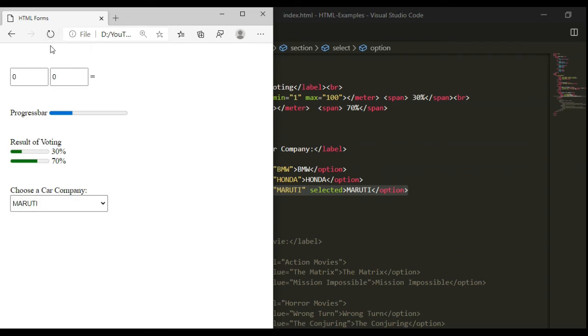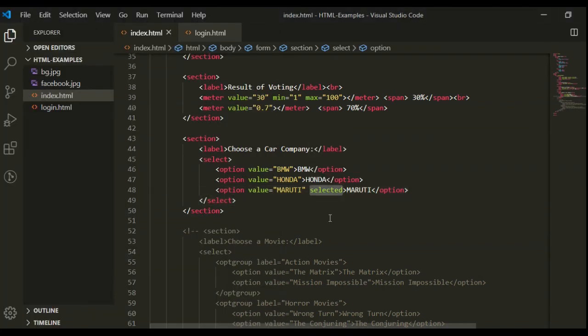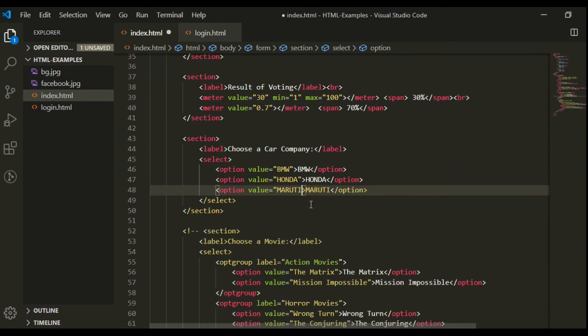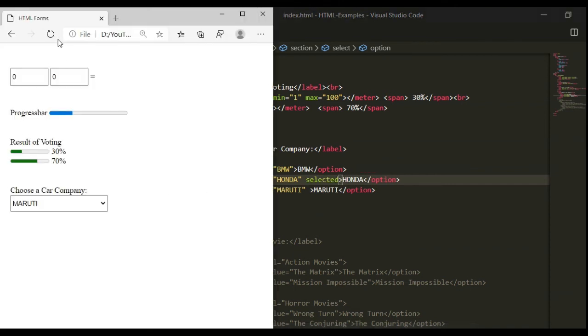Here you can see when I refresh my page, it's showing me the Maruti option is selected, where I have given the selected attribute. If you give this selected into the Honda option, then Honda will be selected in the drop down list.